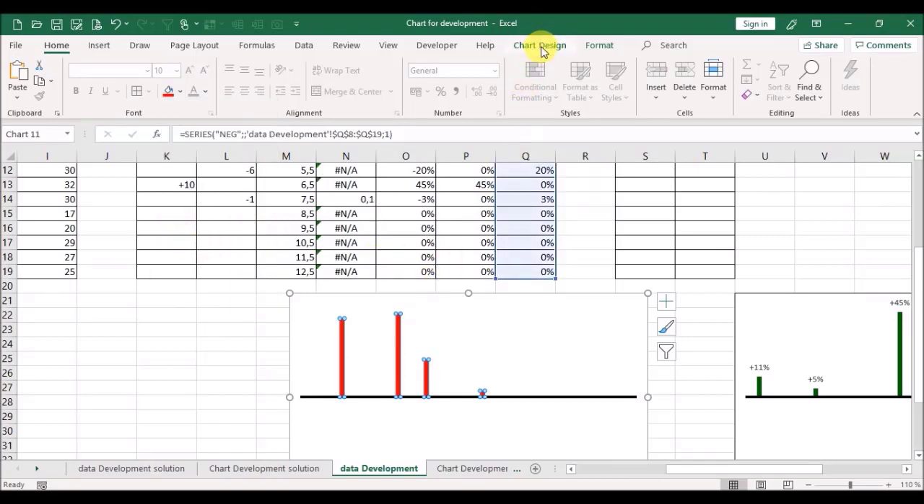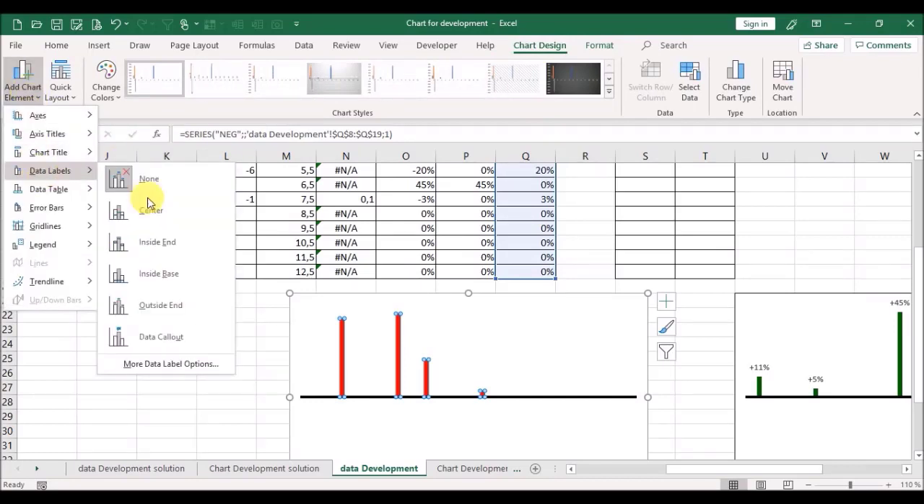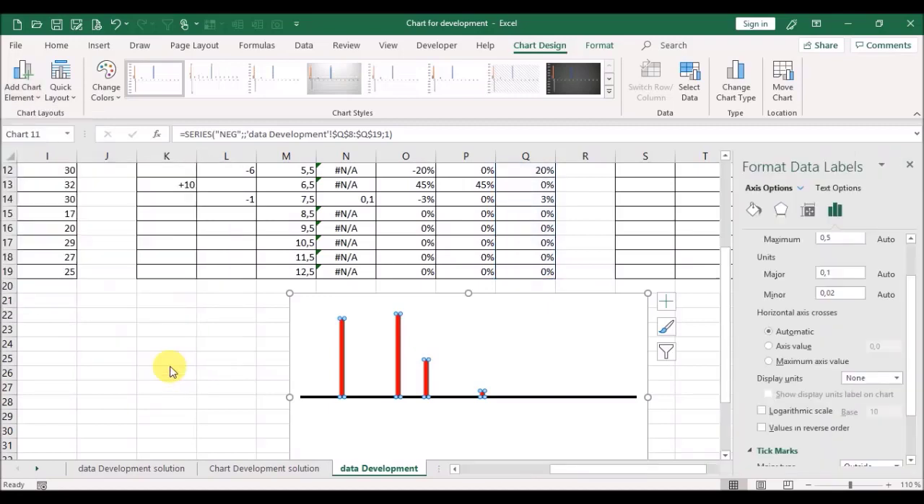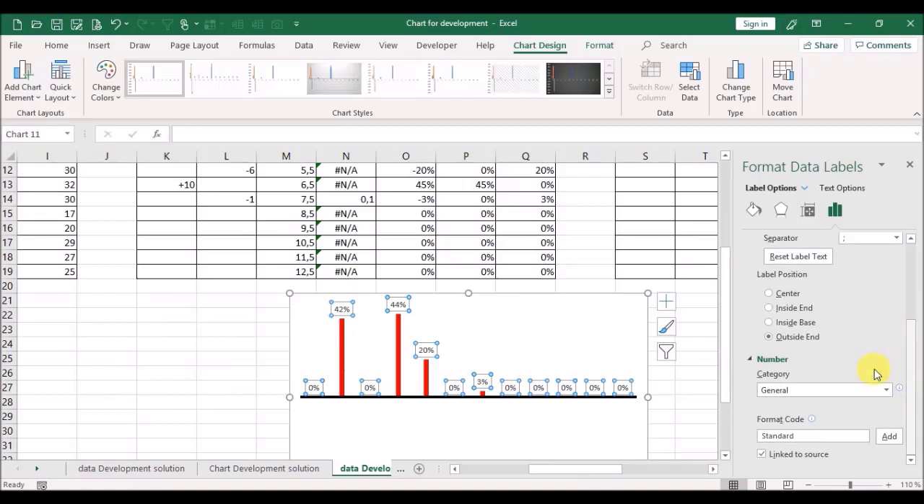Then we go to chart design, add chart element, go to data labels, more data label options, go down here to number, then format code, we write [=0]"";-0%, and click on the add button, and you see we have no zero values here. Close the window,